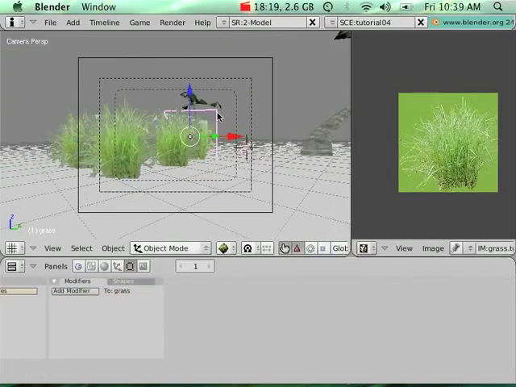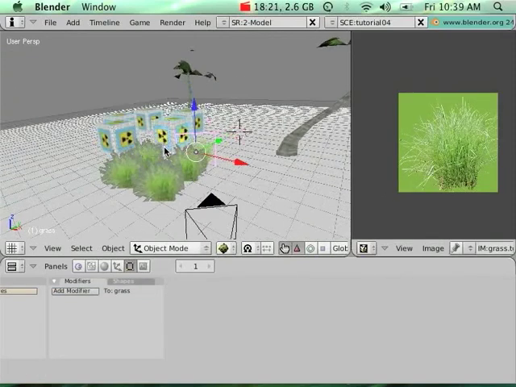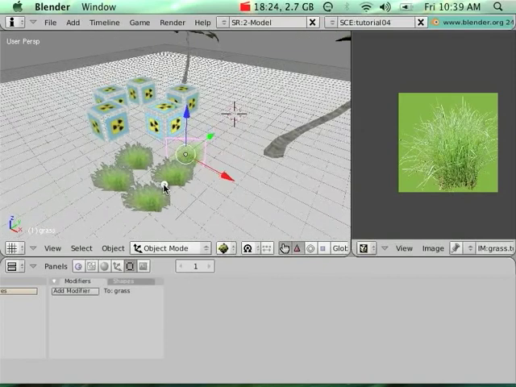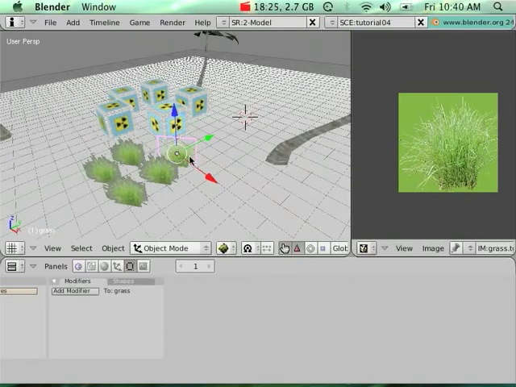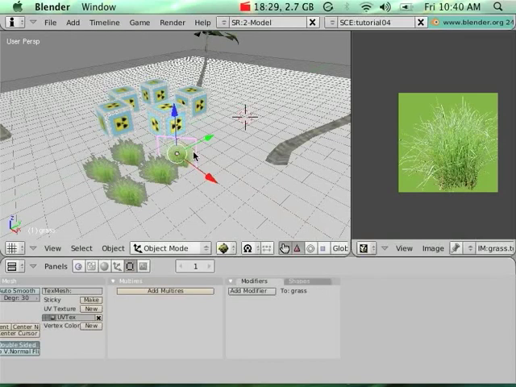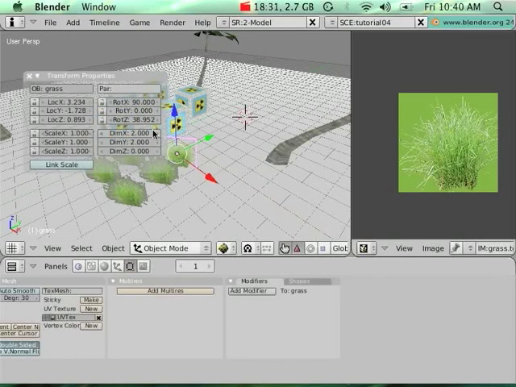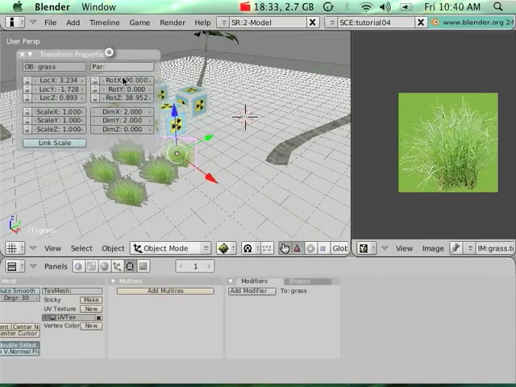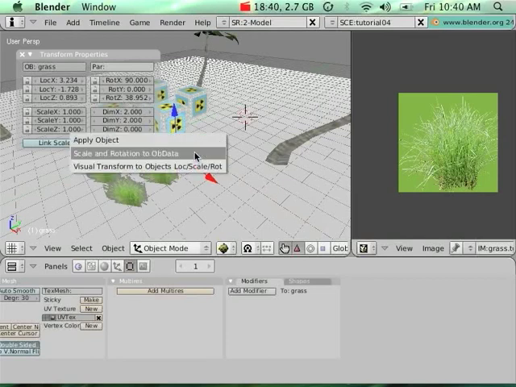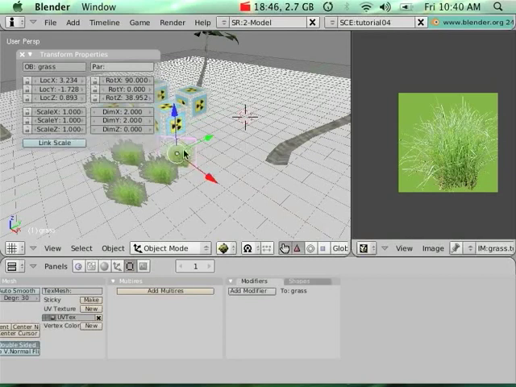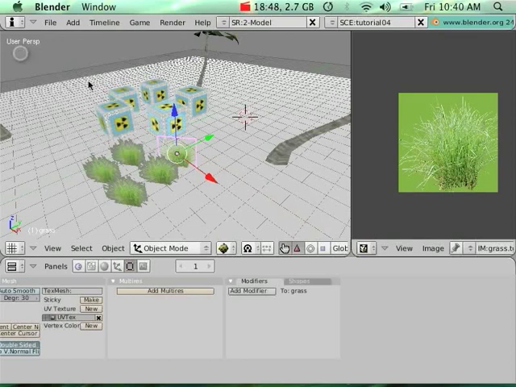So billboard is selected here, and another important thing, since billboards are basically rotating around their origin, we have to reset the transformation that has been applied on the object. So if I push N, we can see that I have a rotation of 90 degrees and a rotation in Z, whatever. So what I'm going to do is push Control A and scale and rotation to OB data. This will directly reset the transformation,